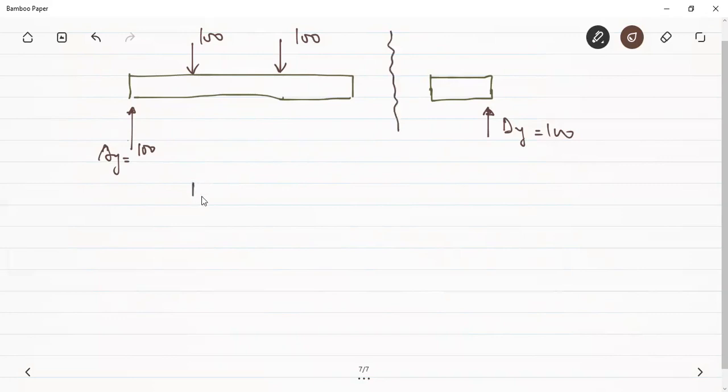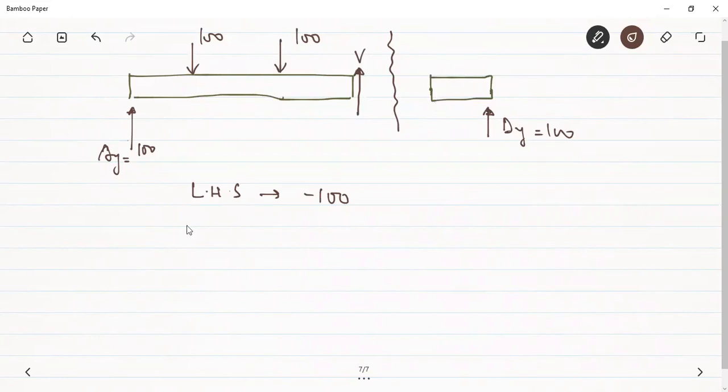If I consider the left hand side of the section, what are the forces? 100 upwards, then 100 downwards, then 100 downwards. What is the net shear force? What is the net force? Net force is 100 downwards. So if I have a downward force on the left hand side of the beam, then it will be what? Negative. So the shear force here will be negative. And in fact, the direction of the shear force will be this, isn't it? Because net force is downwards, the shear force should be upwards.